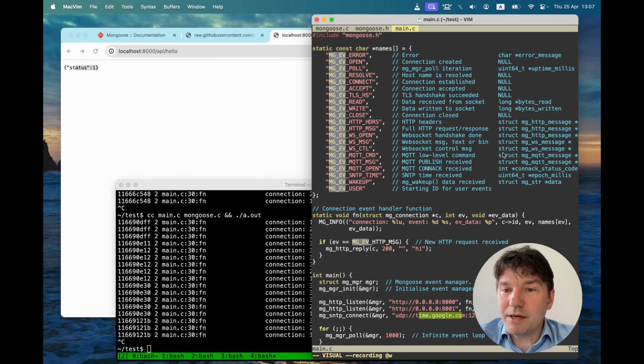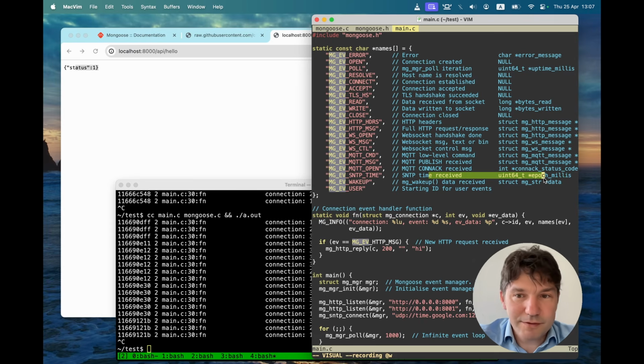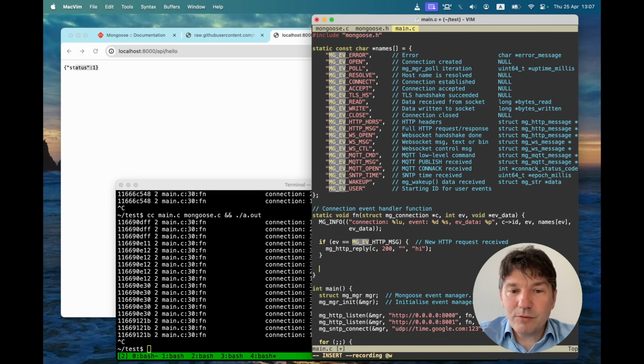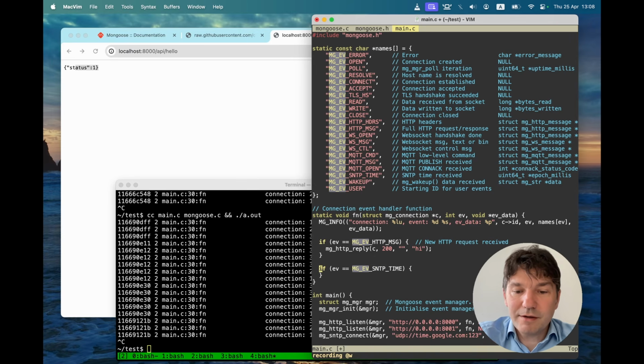And if we look at this table at what is the meaning of event data, we can see that it's a pointer to the number of milliseconds since 1970. And we can probably also print it. So currently this event handler function ignores all the events. It only reacts to the HTTP event, but we can let it react to the SNTP event. If event equals MG_EV_SNTP_TIME, then